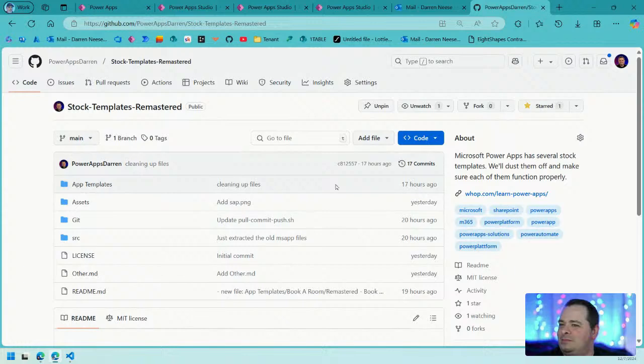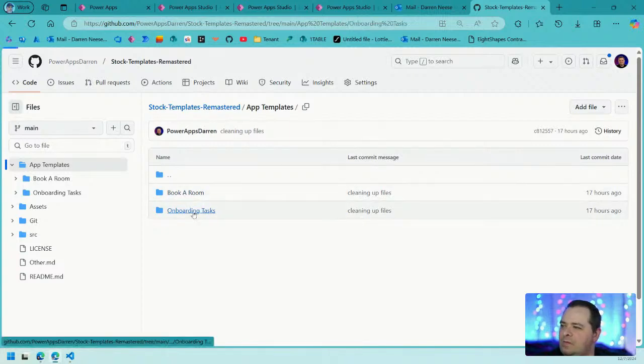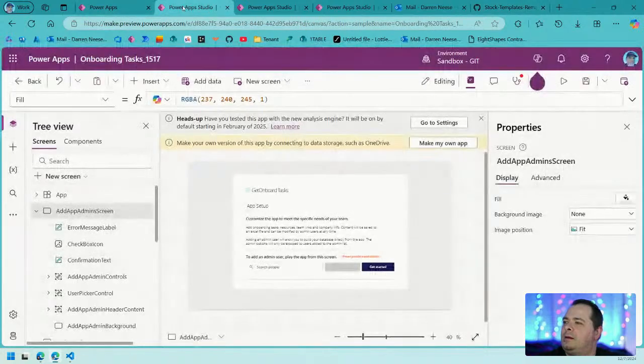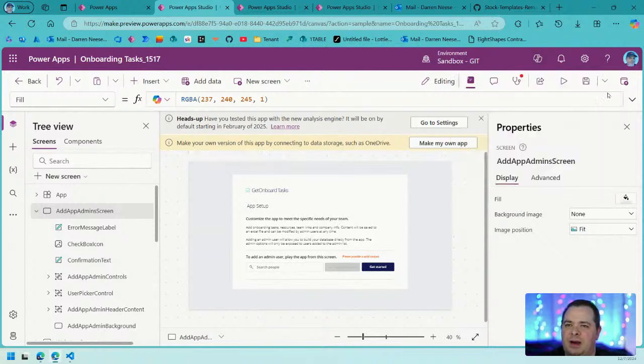So, and this is all up to date right now. So if you were to go into this folder, app templates, see onboarding tasks, and here are the files there. Now we just went into this, and this is what you're going to see when you try to bring up this. I want to get rid of these pop-ups, but if you see this button that says make my own app, you want to click on it,